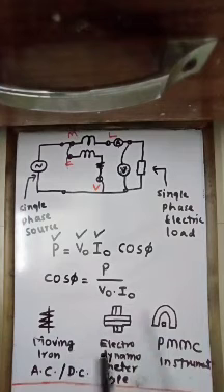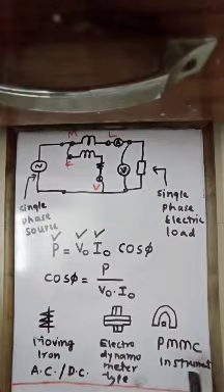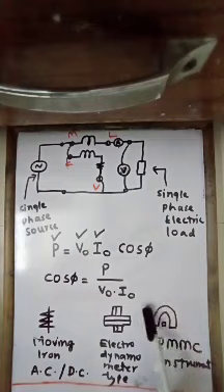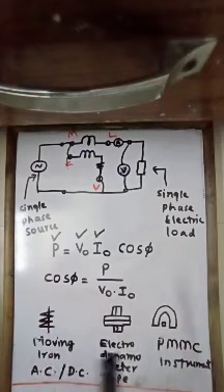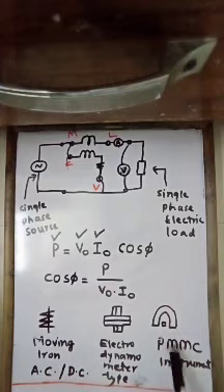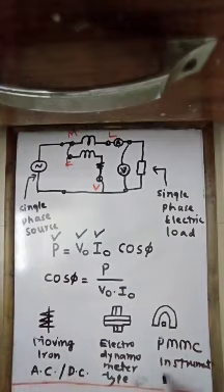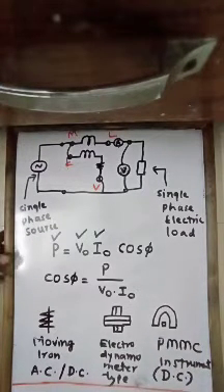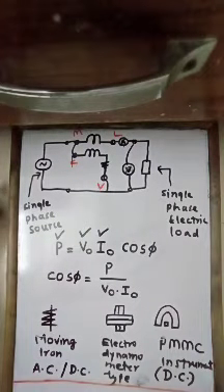Also, there is another type of instrument, the permanent magnet moving coil instrument. This kind of symbol is given. If you observe this symbol on a particular instrument, it is a PMMC instrument. Please keep in mind, it is always used with the DC supply because it measures the average value. We cannot use it for the measurement of RMS value with the AC supply. It is always connected with the DC supply.